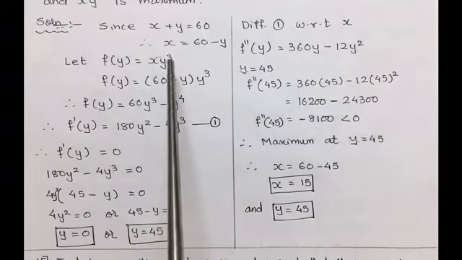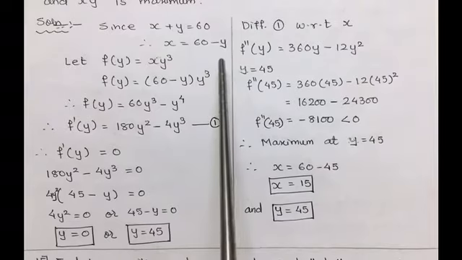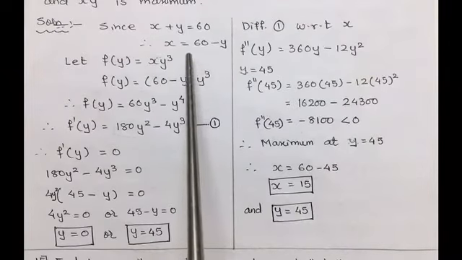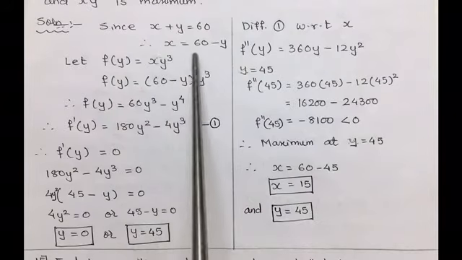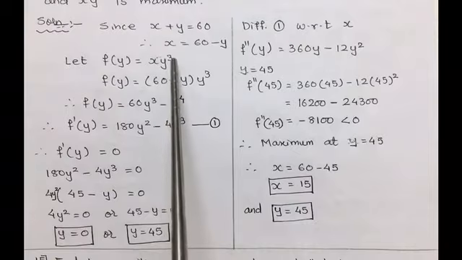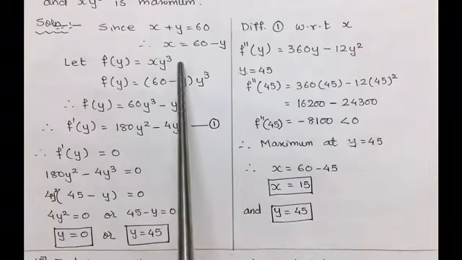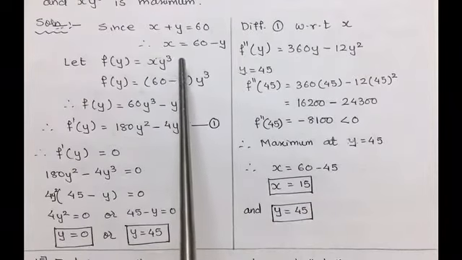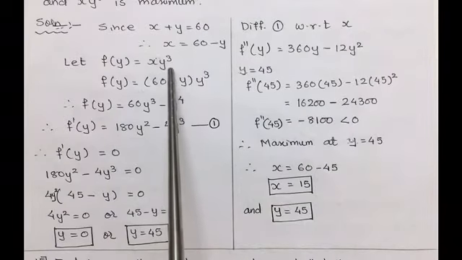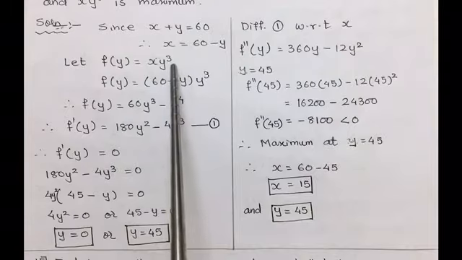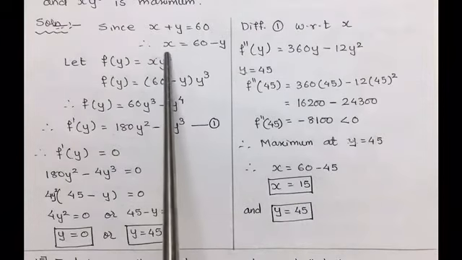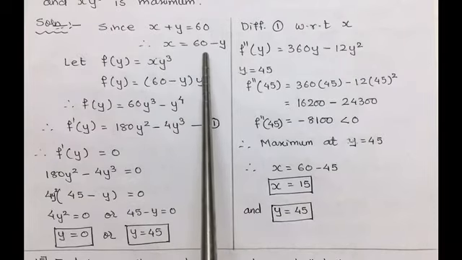we got x is equal to 60 minus y. Now why have we taken x and expressed it in terms of y? The reason is the power of y is cube here. If we were expressing y in terms of x, then we would have to go for a perfect cube formula. To avoid such calculation, it is better to express x in terms of y.